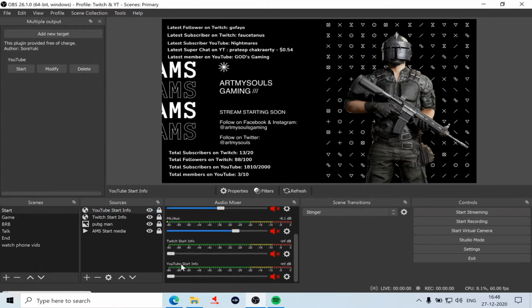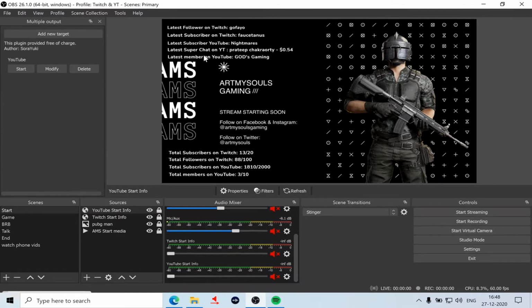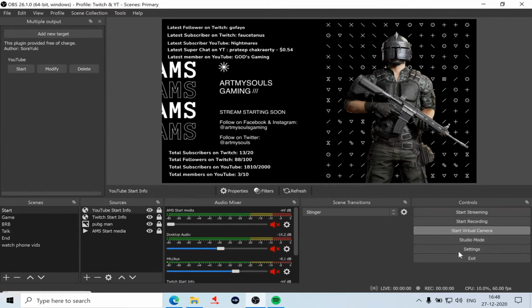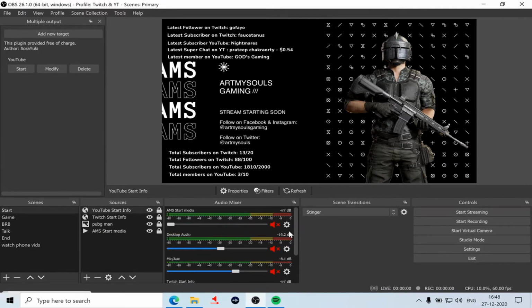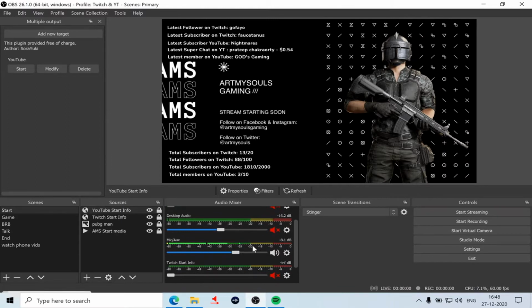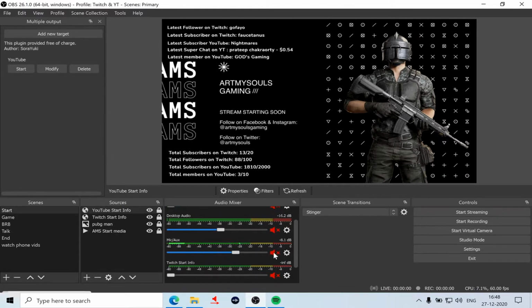Because these don't have audio attached to them, I always keep them muted just in case. For the mic part of it, I'll get back to that in the settings part, no worries. But make sure that the mic is on, otherwise people will not be able to hear you.